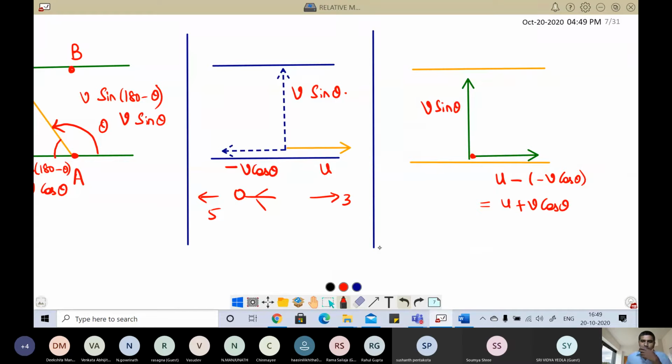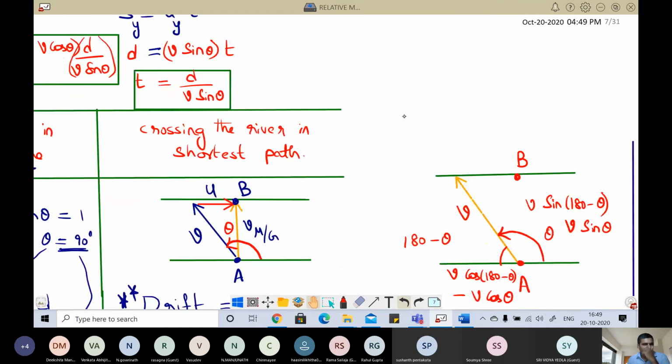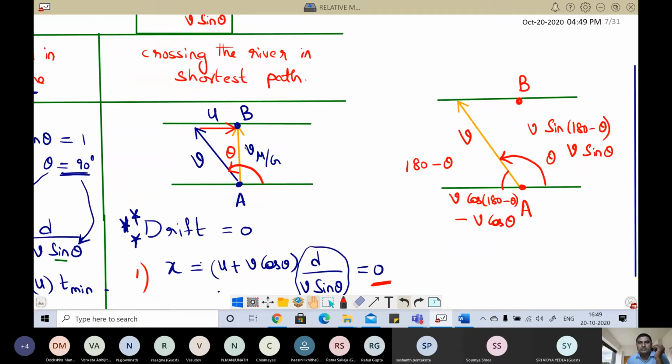Now, see here. In this case, entire case is crossing the river in the shortest path. Crossing the river in the shortest path means, when you see the diagram here, finally you are reaching point B, correct, from A to B. That means the velocity vector, that is velocity of man with respect to ground, is in which direction? Because A and B are exactly opposite points. So that means the velocity of man with respect to ground vector must have, if you write in vector format, i cap plus j cap. Now this vector is lying exactly in the y direction.